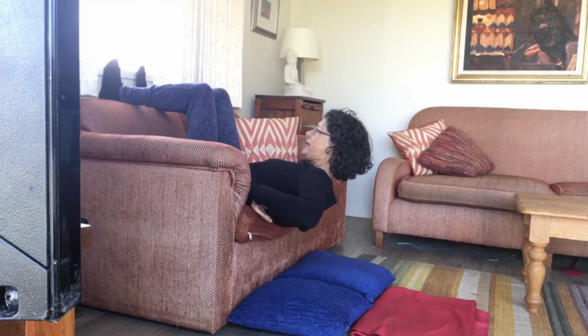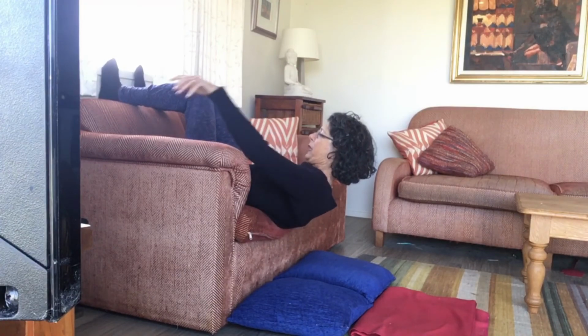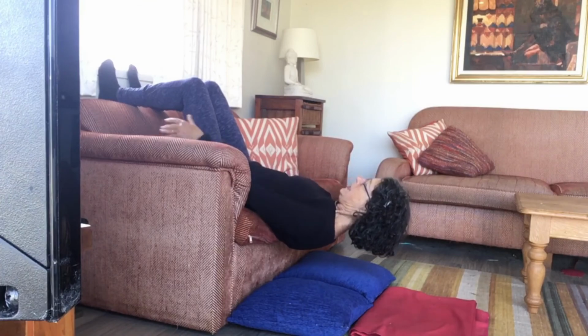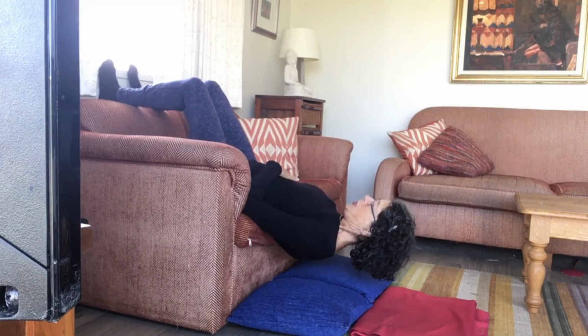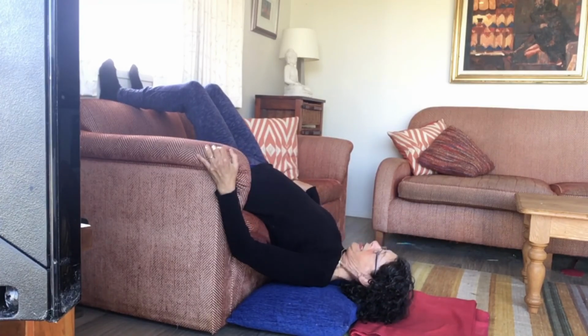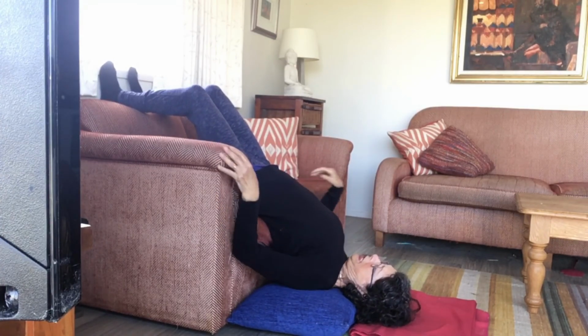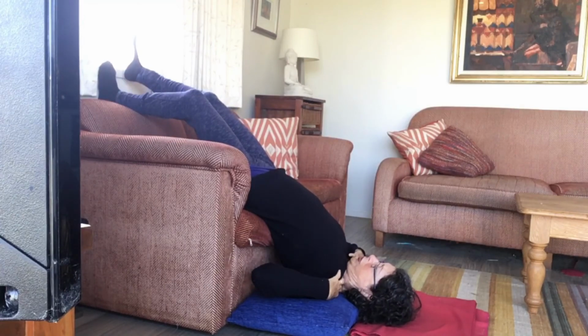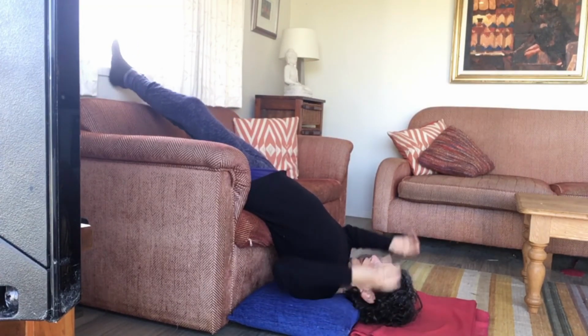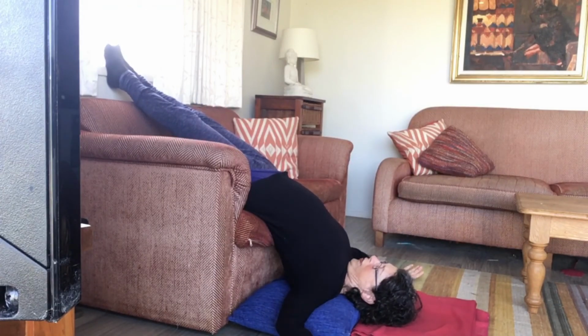So at this point, the front of the seat is pretty much at the base of my shoulder blades. And I'm looking to see where my cushions are, and then I'm carefully using my tummy muscles to lower myself down. You can use the arm of the chair, you can put your hands wherever you like, and get yourself down, shoulders onto the cushions, head on the soft blanket here. My arms are just going to relax away